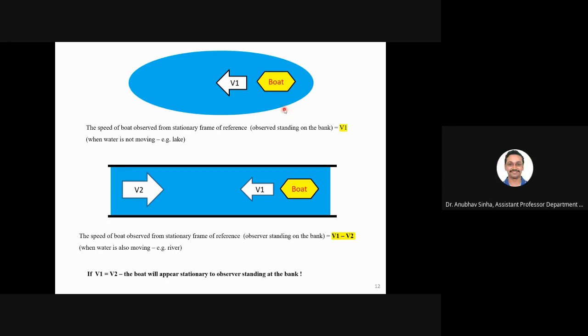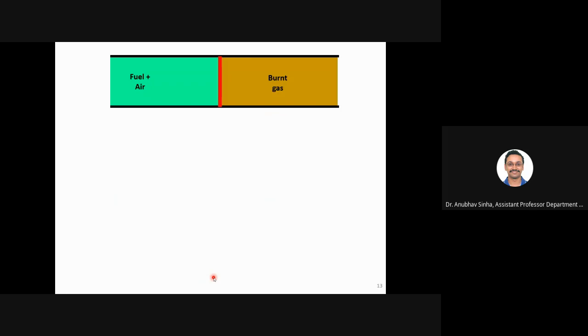So now you imagine why I am talking about boat and river. Now let us come back to flame. Imagine there is a tube in which gas is stationary, gas is not moving, and the boat is your flame. So if gas is stationary, the flame is moving at constant speed v1. Now you assume that gas is also moving with some speed, and your flame is going at some speed. Now, if I match those two speeds, if I know what v1 is, I will supply gas at speed v2 and you will see that it is stationary, it is not moving at all.